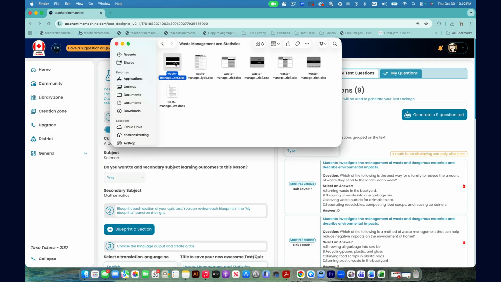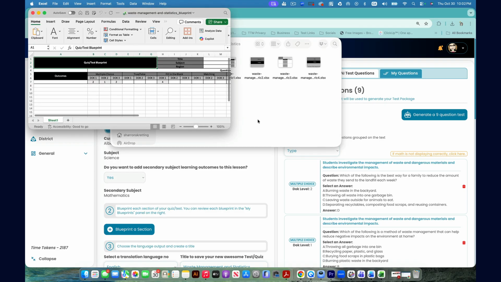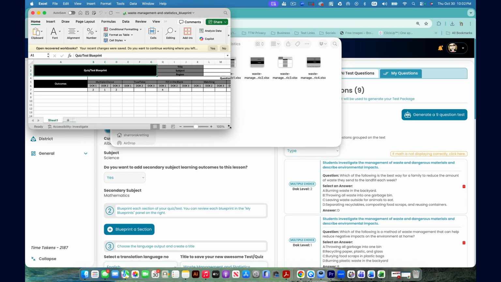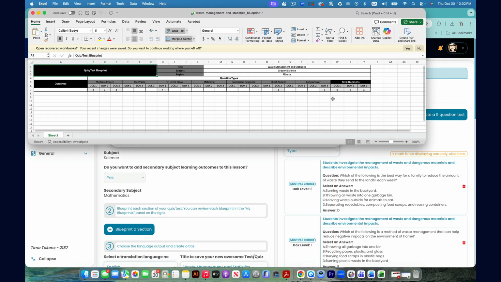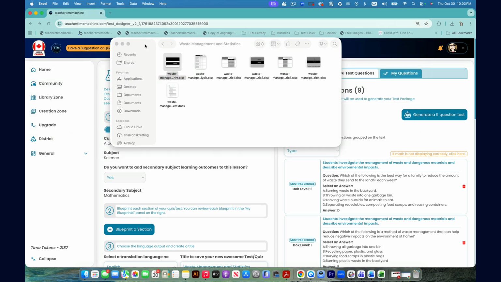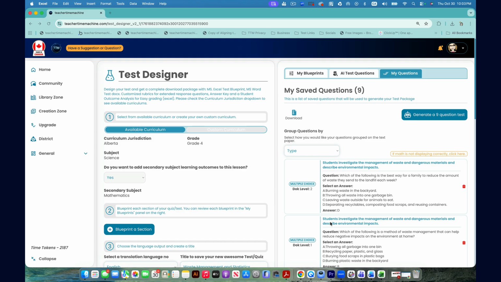And then finally, it makes a blueprint. Now the blueprint shows you just like a really nice general, here's the outcomes, here's the multiple choice questions, how many multiple choice questions for each outcome, okay? Okay, so that is using our test designer,